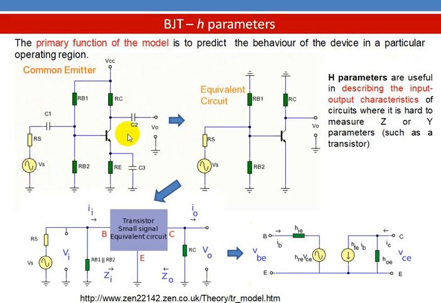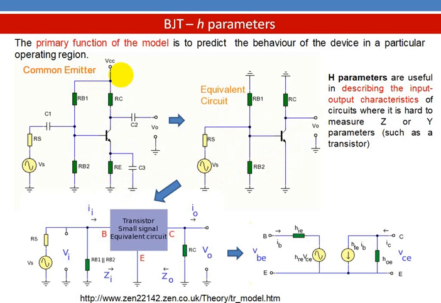So this is the given circuit. At higher frequencies, C1, C2, C3 all act as a short circuit because the impedance will be very low. So in this equivalent circuit at high frequencies, we have replaced the capacitors by a short circuit. So it is removed here. Similarly, this output capacitor is also removed here, and this is also removed here. It is shown as a short circuit. Since C3 is a short circuit which comes across RE, the equivalent resistance will be zero. Similarly, these two terminals are connected to ground.